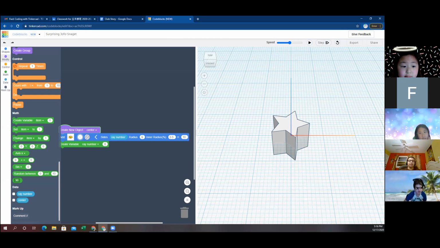Oh, I see the issue. Okay, so what you guys have to make sure is that code runs from top to bottom, right? So if you think of your computer, right?